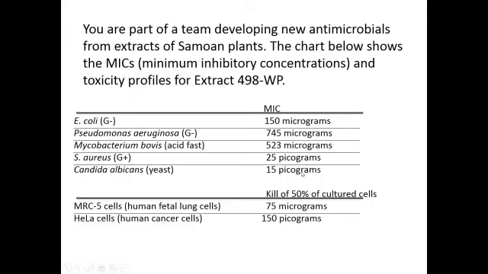Now, so this is the minimum inhibitory concentration. This is the amount of the extract 498-WP that was effective in having the tube of these pathogens completely clear. Now, over here, we've got, instead of an MIC, 50% kill of the cultured cells. So let's go to our